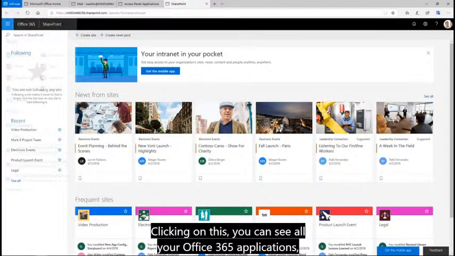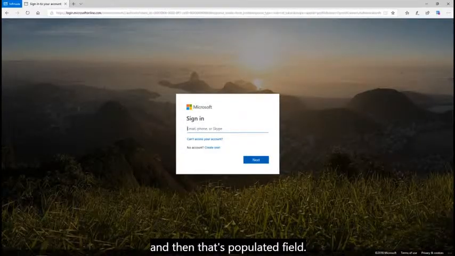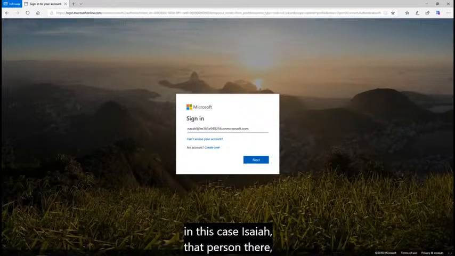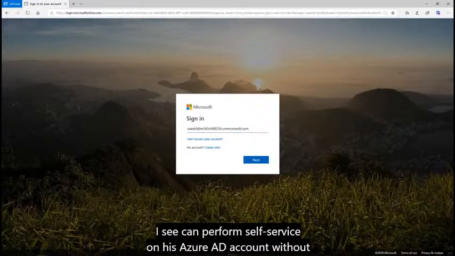Going to portal.office.com, here you will see the sign-in page again, and then let's populate that field. Putting in an end user's perspective, in this case Isaiah, that person can perform self-service on his Azure AD account without having to depend on the IT help desk or an administrator. He can also reset and